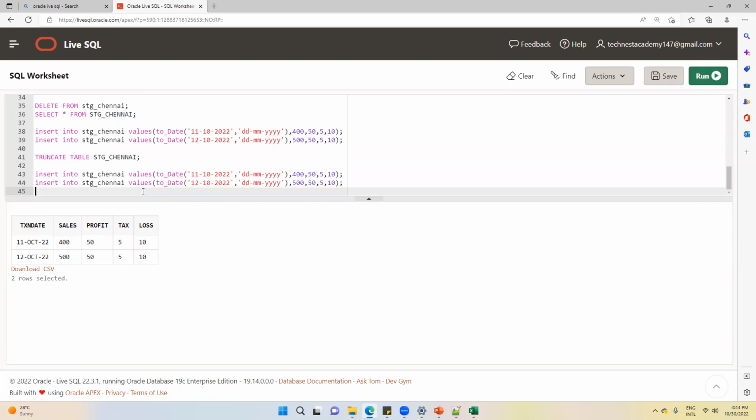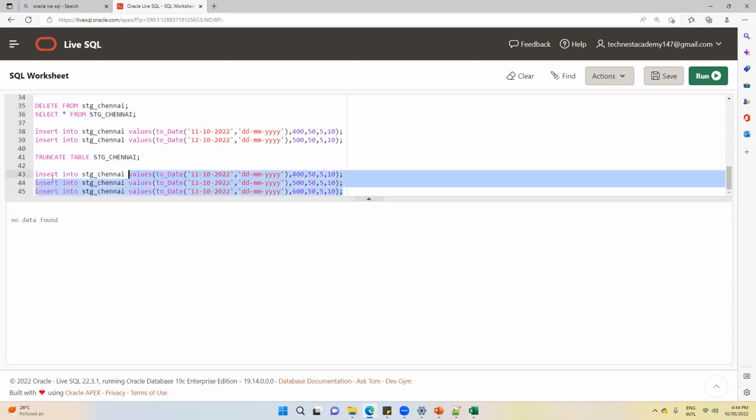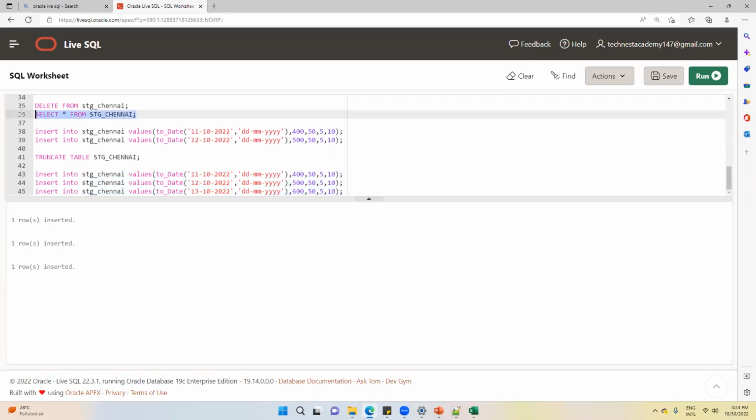You have received this record. Before loading this record, what will you do, guys? First of all, you will truncate the table. All the data will be deleted. And then you will load this data again. Now check the data in this table. Do you have duplicates now?